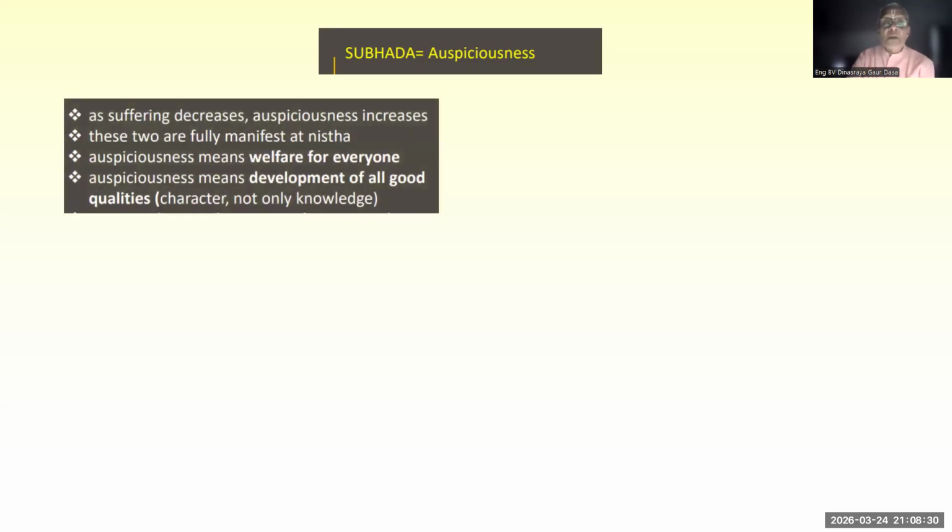The second characteristic is shubhada, or auspiciousness. We know all of us in our life are looking for auspicious moments: when to start schooling, when to build a house, when to enter a house, when to perform a marriage ceremony or something. We are always looking for an auspicious moment. But in devotional service, every moment, every second is auspicious. So when material miseries or material distress are eliminated, things start happening in a good, auspicious manner. As suffering decreases, auspiciousness increases. So that is a direct relationship.